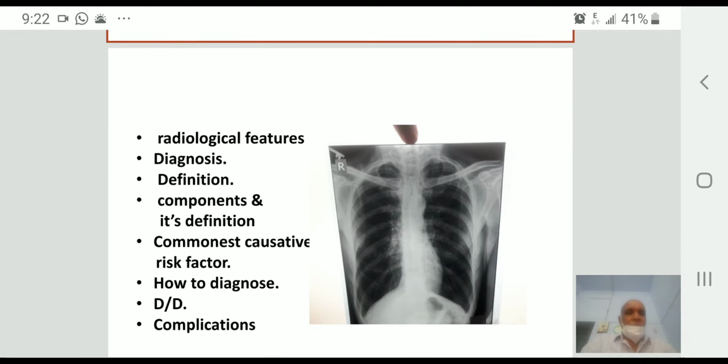Look at this X-ray, which is a radical picture. What is your diagnosis? The X-ray chest PA view. It is hyperlucent, meaning more dark on both lung fields, with depression or flattening of the dome of the diaphragm on both sides. Ribs are more horizontal, and the heart is teardrop.